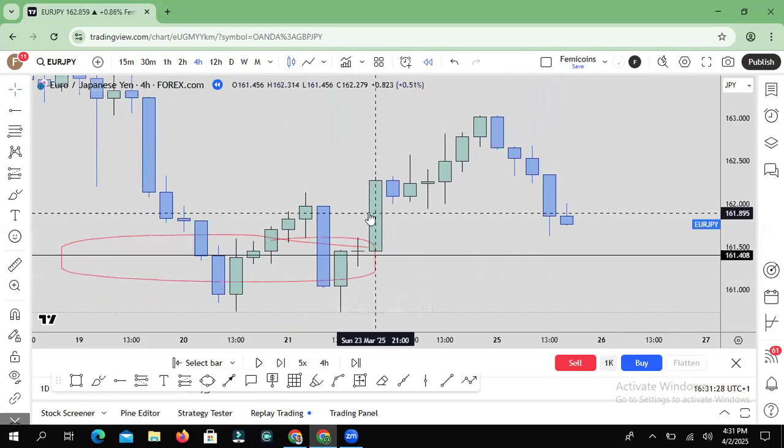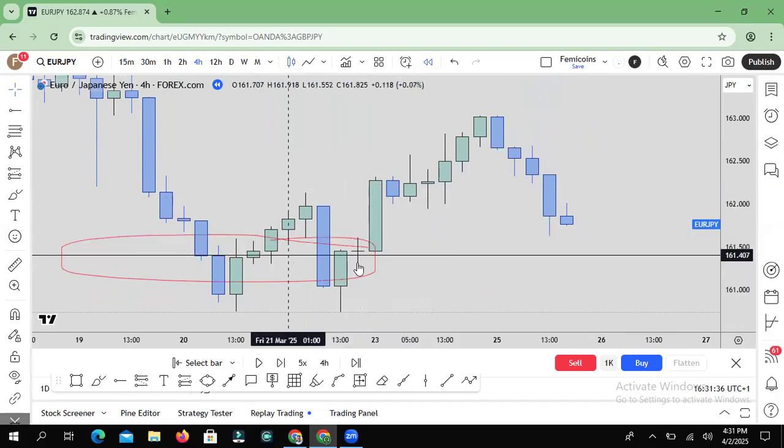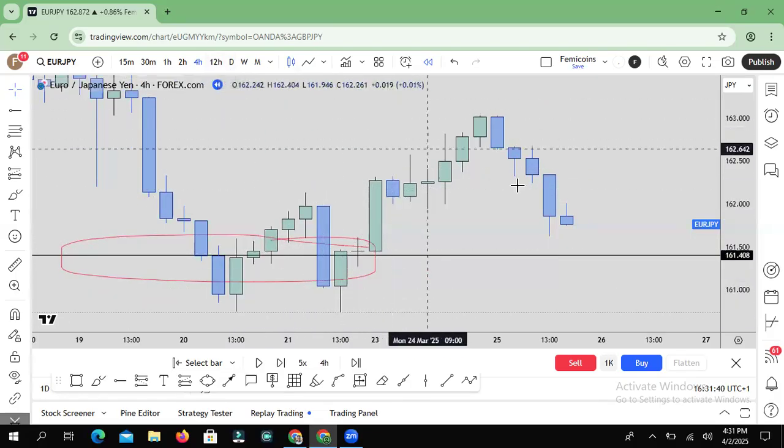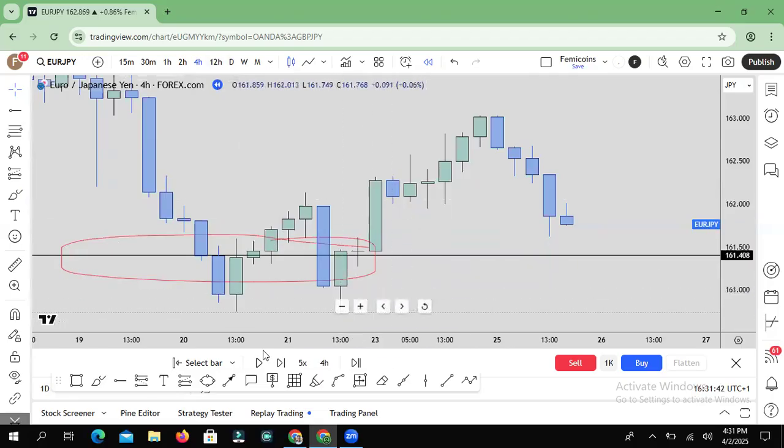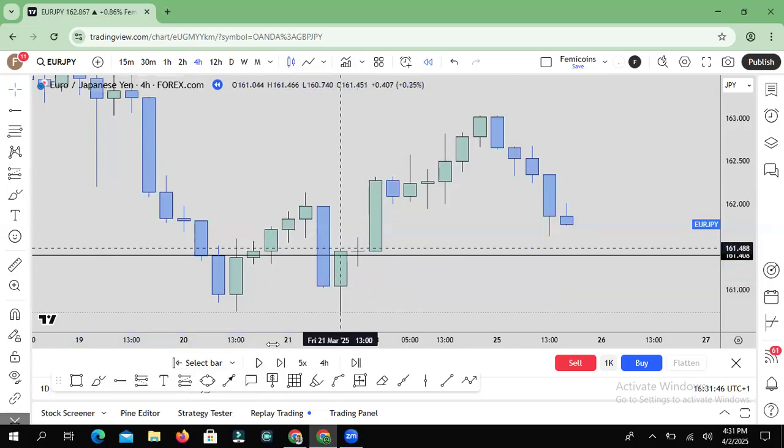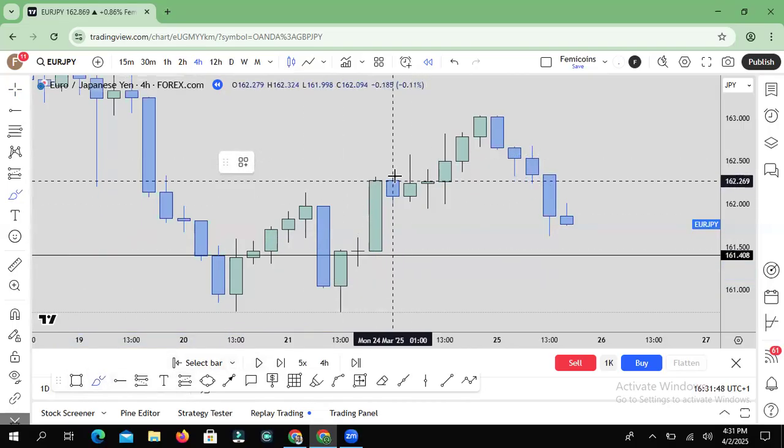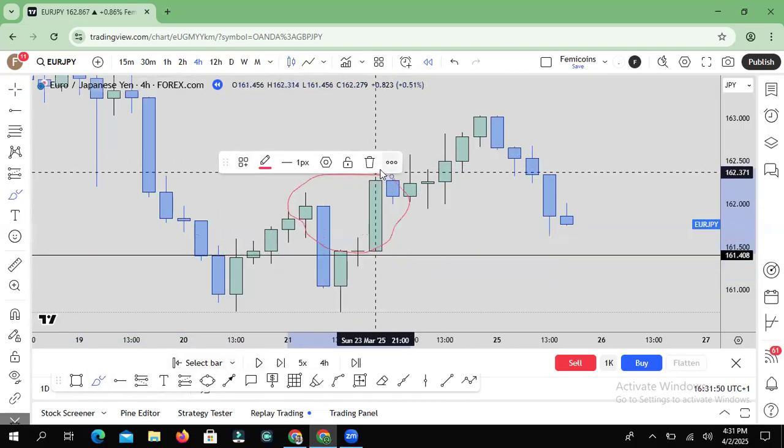Now on this particular day, like I said, I want to look for more buying opportunities. So the next thing I want to do is, this is my V-shaped key level right there. You use V-shaped key levels for buying. This zone is my breakout. Let's mark it. This is my breakout right here. So I want to buy.